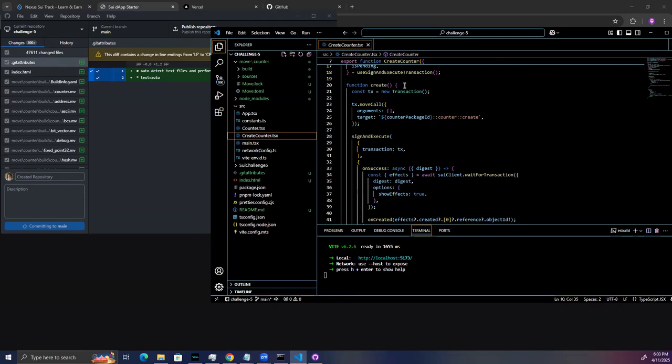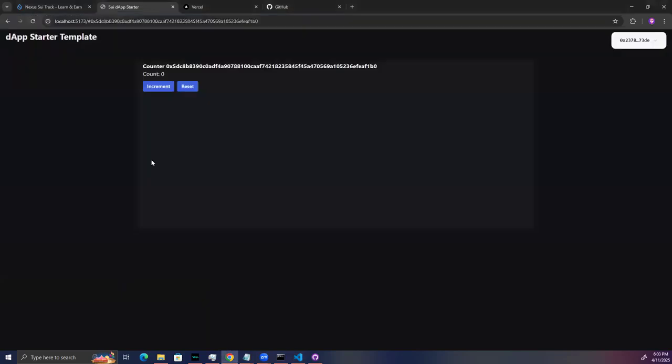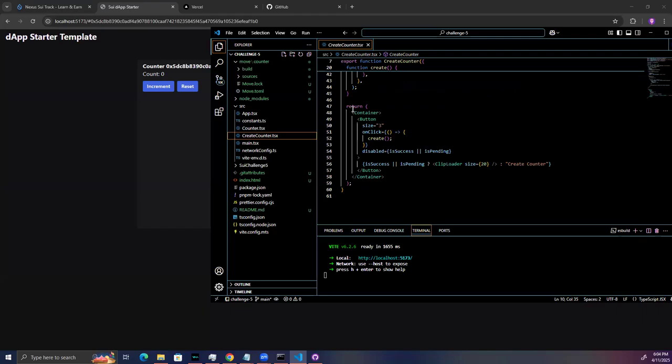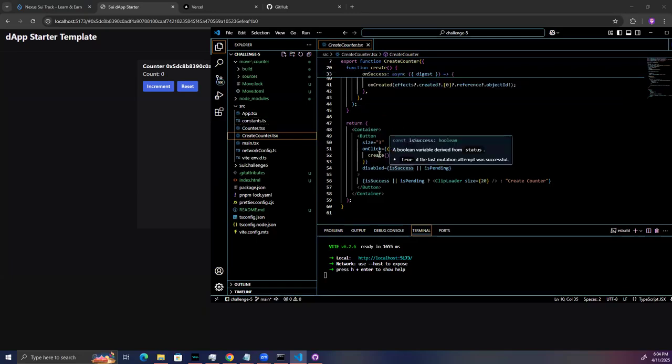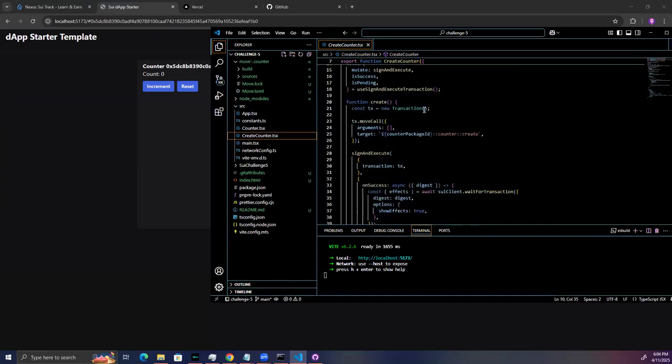And then we have our function create, which is called down here when the button is clicked. So we've already signed it, but when we first connected our wallet and we had that button that said create counter, this is where that was handled. So we have that container with a button in it, and when it's clicked, it creates, and this button is disabled on success or pending. And if it's success or pending, that's when we're going to get that loading symbol that pops up as well. So the button is clicked, it calls create, and then that creates a new transaction,